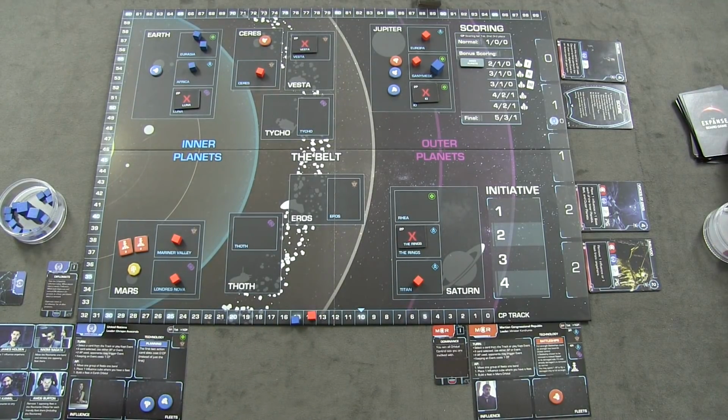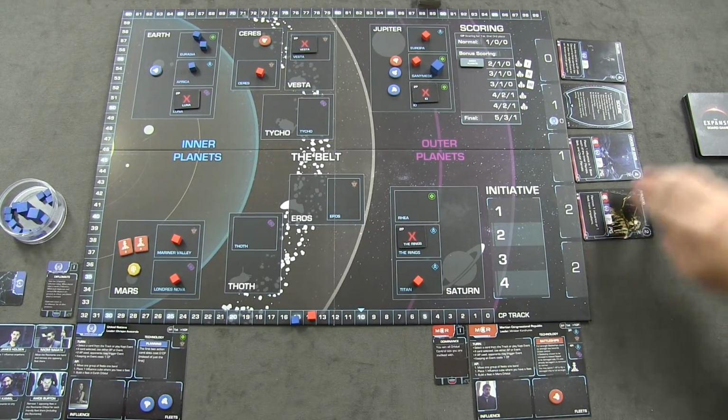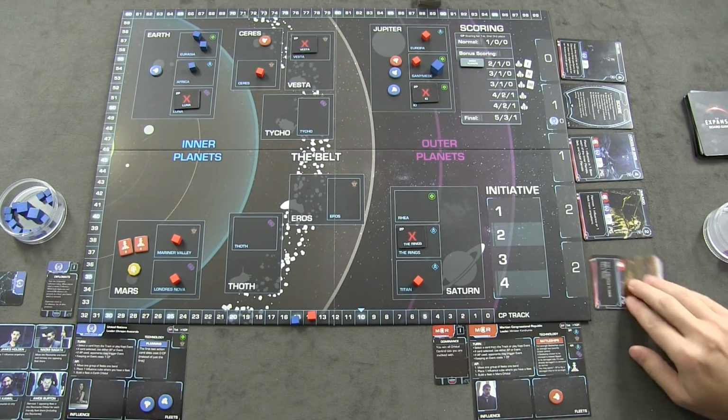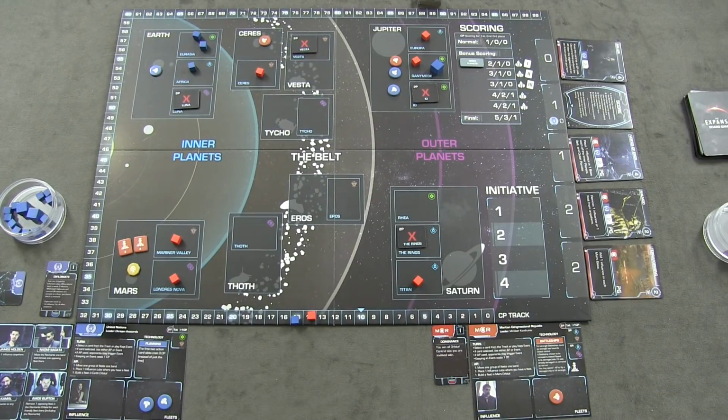Now we're all dead from Saturn. That was really efficient of you. Well, it's not great because I don't have any ships out there. I don't know why you would have done that. I would have gone for the AP for my card. Would you? Yeah. It was a tough call, but I got to get some ships going. All right,